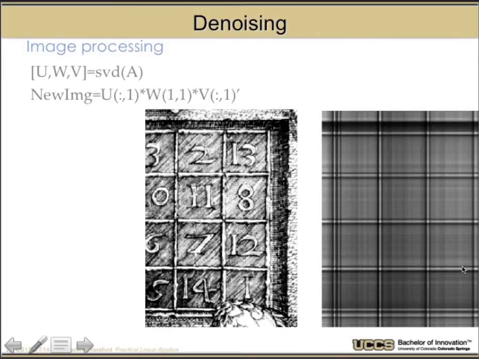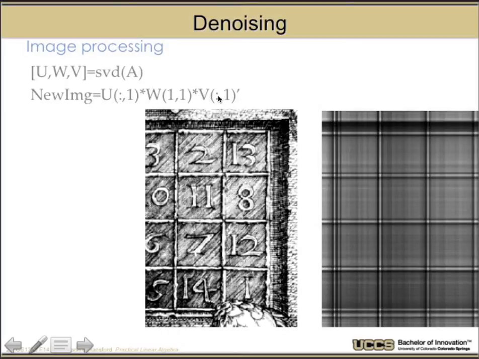Okay. So there's a bunch of other applications. Another application has to do with image processing and denoising. We've already talked about how to represent an image as a matrix. So if I were to take the SVD of this image, made into one big matrix, I get the singular value decomposition U, V, W. If I look at the first singular vector of that matrix, and I take this product,